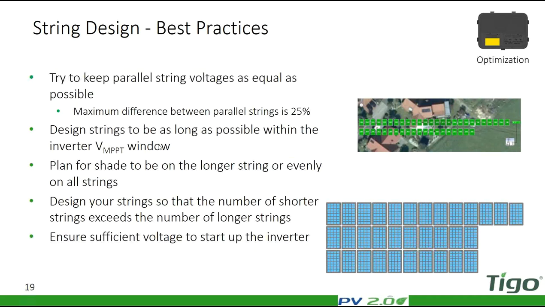So, let's start with best practices for when utilizing optimization. Obviously, optimization gives you a lot of benefits, but we always start by saying, be reasonable. So yes, it will give you a lot of different things that we're going to talk about, like maximum difference between parallel strings of up to 25%. So if I have one string with 12 panels, I can put on the same MPPT another parallel string of 15 panels, so 25% difference, up to 15 panels,